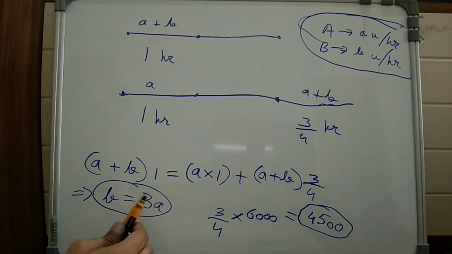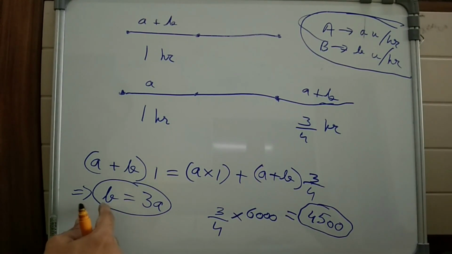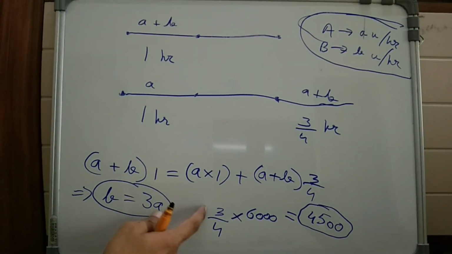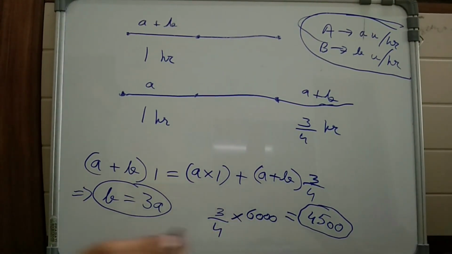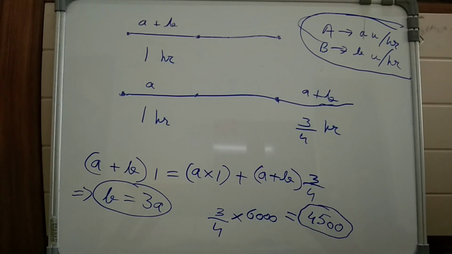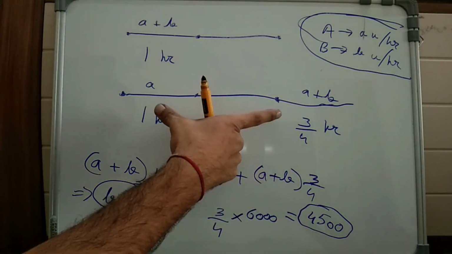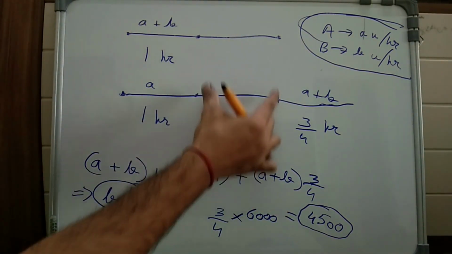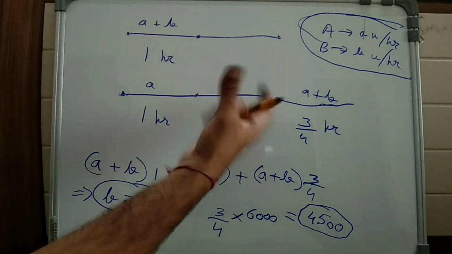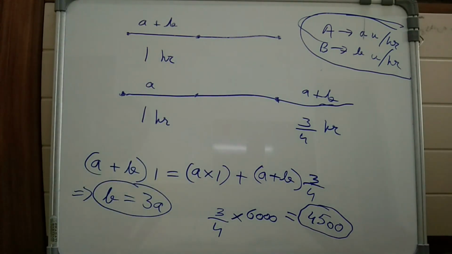Okay, so what I am saying is that B is thrice as efficient as A. So if A is getting one part, then B will get three parts of the money. So B is getting 3 divided by total parts, so 3 by 4 of the total money, that is 4500. Okay, so instead of making the equations, we can do such kind of questions by making the timeline. I am doing nothing, just equating the work. This is the total work in the first scenario, and this is the total work in the second scenario. And I am not writing this part because this part is common in both the scenarios and hence will get cancelled out. So just to save time, just write this and this. So that's how we can do this type of question.